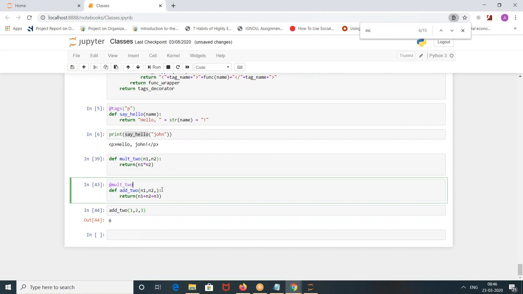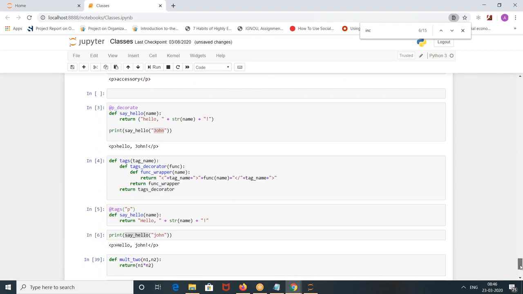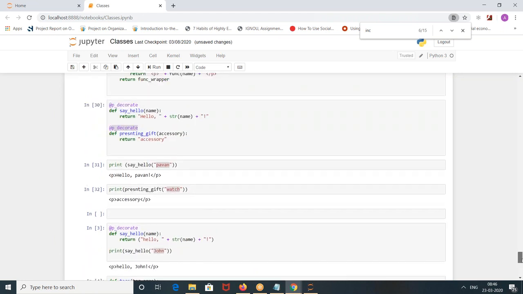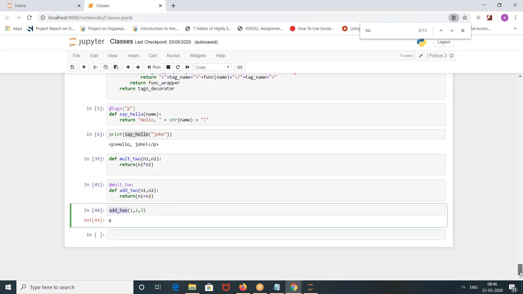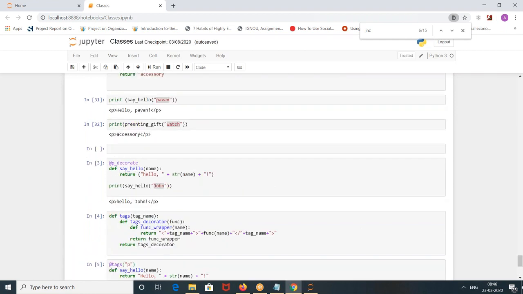I did not define the decorator function properly.